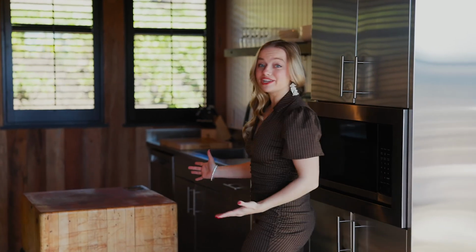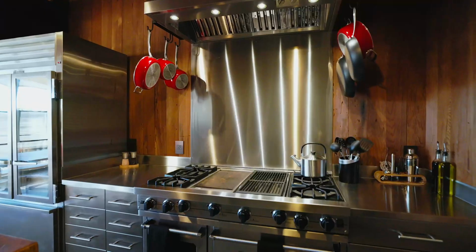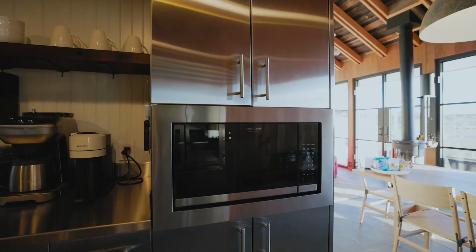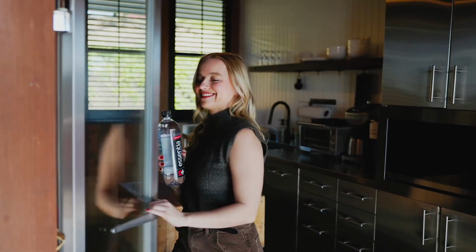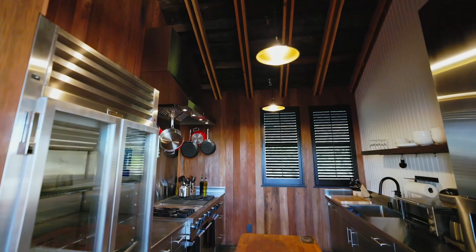The chef's kitchen seamlessly blends modern luxury and rustic charm. Stainless steel appliances furnish this whole kitchen, including a professional-grade Viking gas range and a commercial-grade built-in Traulsen refrigerator. With the wood paneling and the exposed wooden beams, you have a lot of warmth and character within this space as well,